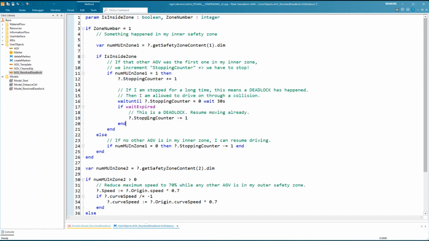We will have one more thing to change here, because now we have decremented the stopping counter to 0 already. So I resume moving, I move away, and that means that at some point the other AGV will no longer be in my way. So we will run into this situation here at some point later, but we must not decrement this counter again. So for that reason, I will add the condition: is the stopping counter still greater than 0, to prevent me from counting it down twice.